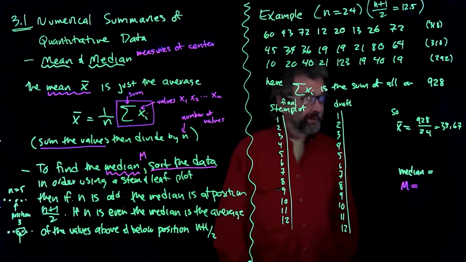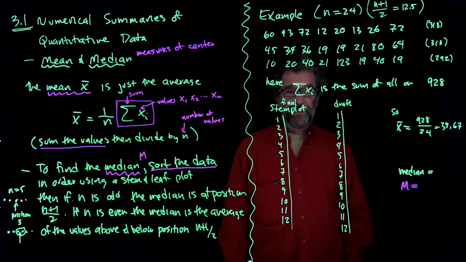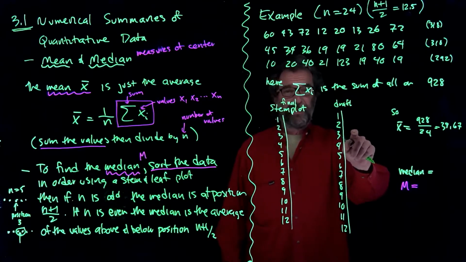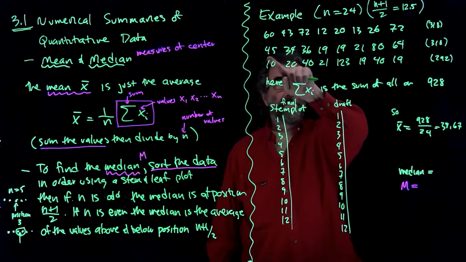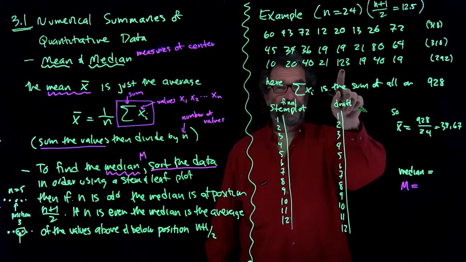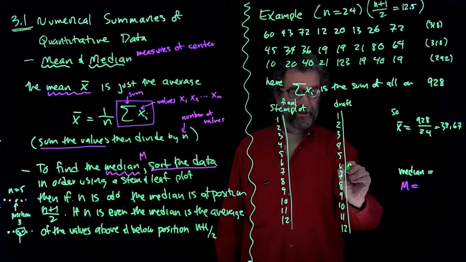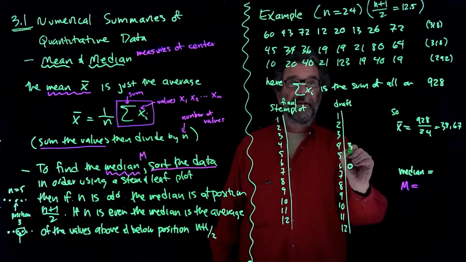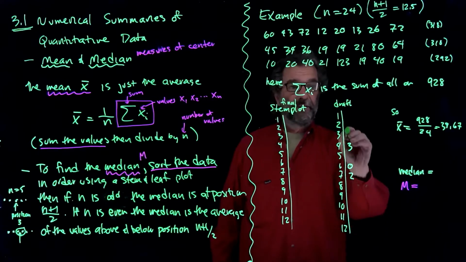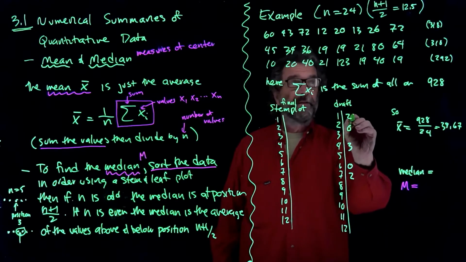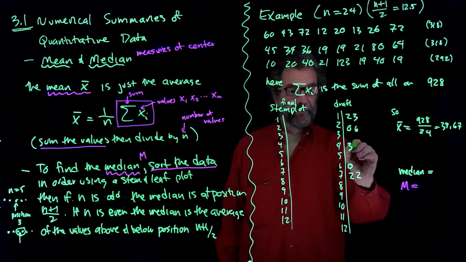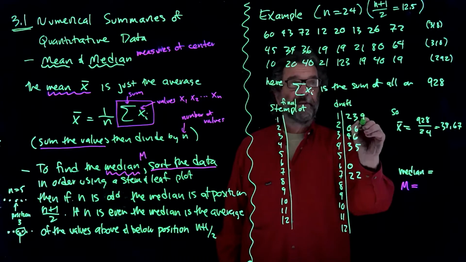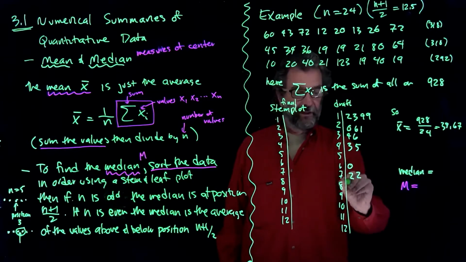All right. And now we're going to find the median. So first we're going to make a draft of the stem plot. Here it comes. So these are the first digits from 1 up to 12 because I got 123 there. I'm going to start putting the second digits in: 60, 43, 72, 12, 20, 13, 26, 72 again, 45, 34, 36, 19, 21, 80,